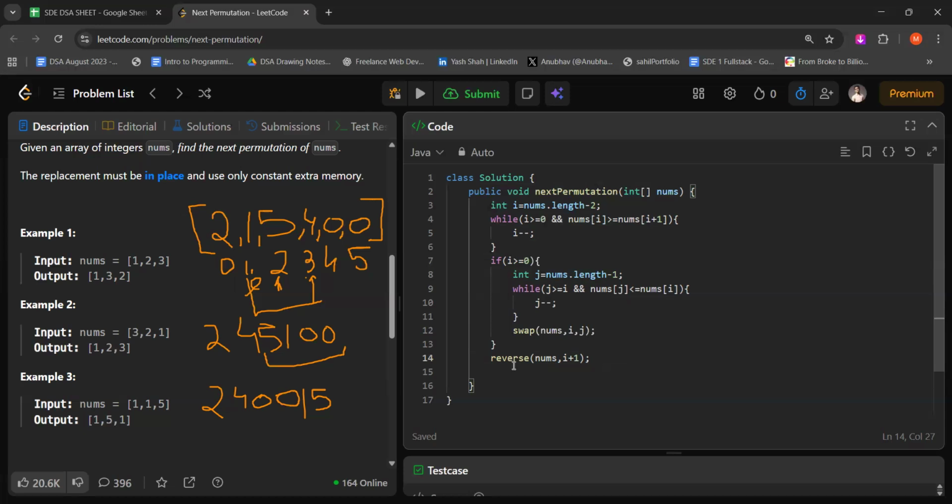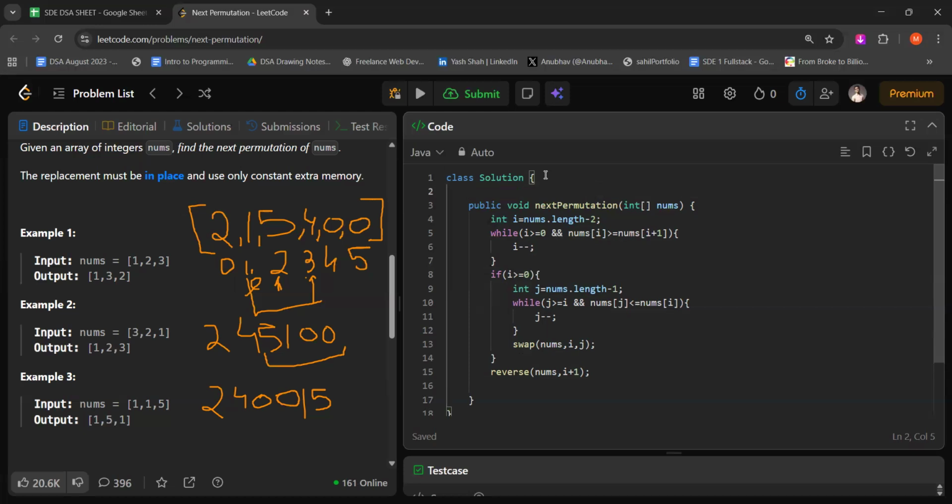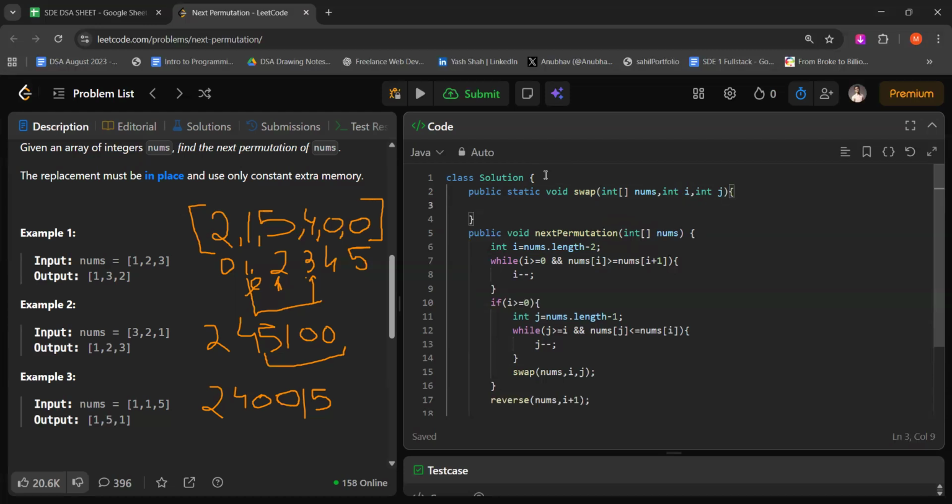And now let's define these functions, swap and reverse. Public static void swap. First is int array, comma, int I, comma int j. What we'll do is we'll create a temp variable which will hold the value of